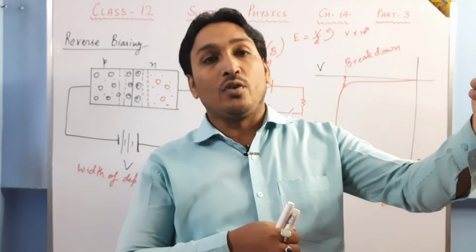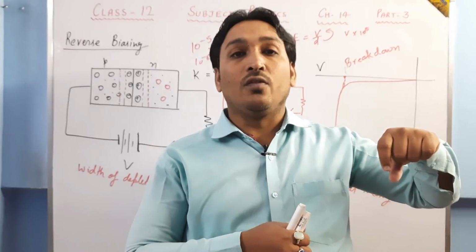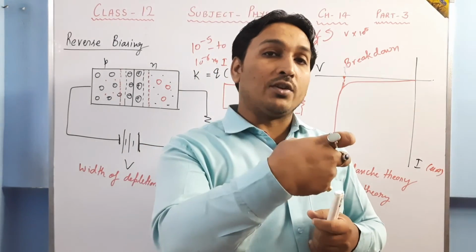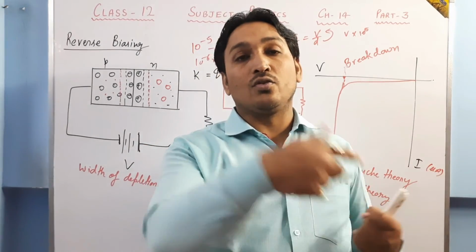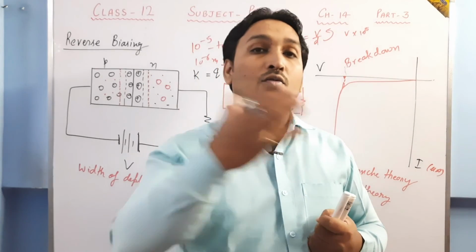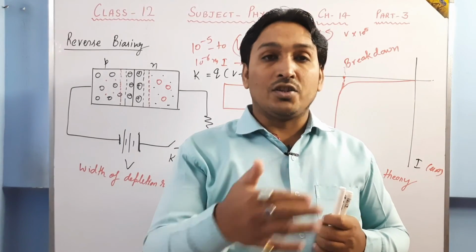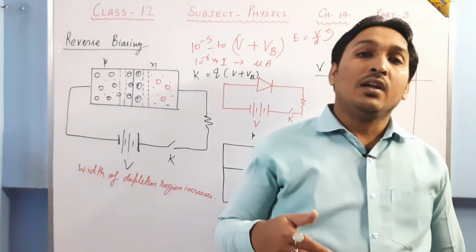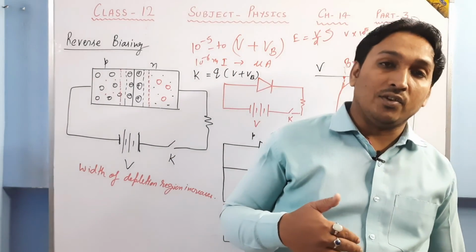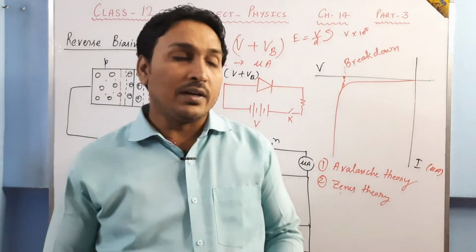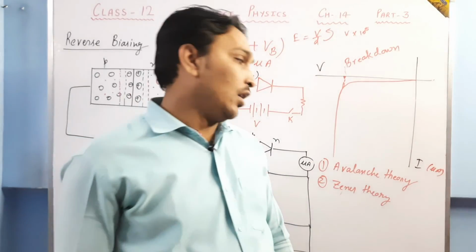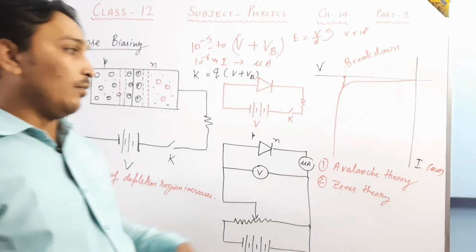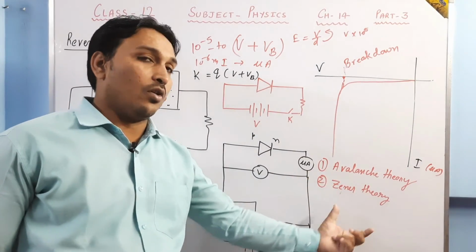Now, when it comes out of its covalent bond, there is a vacancy of an electron in the covalent bond, and that is called a hole. So now two electrons are there and one hole. These two electrons go elsewhere and make another two electrons free. In this manner, a chain of collisions is set up, and the number of charge carriers increases infinitely, and because of that, current increases infinitely. Earlier it was in the syllabus, this year it is not. But I have told you what breakdown is and how it occurs.